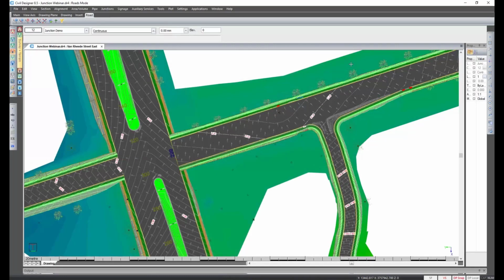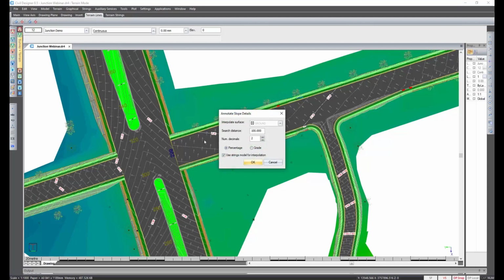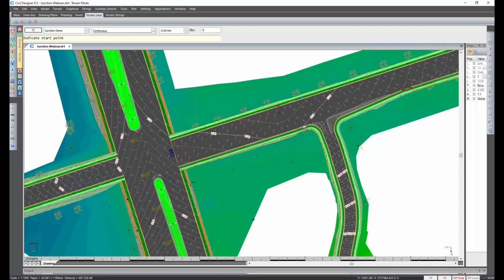Closing that, perhaps I should mention that you might also want your crossfall of your intersecting road to be similar to that of the main road. There's different ways that you can do this. One of my favorite ways is by going to the terrain mode, going to graphical and then selecting annotate slope. Specify to use the existing road string model for interpolation and then clicking on a start point and an endpoint. Right click and quit. There I've got an approximate grade of negative